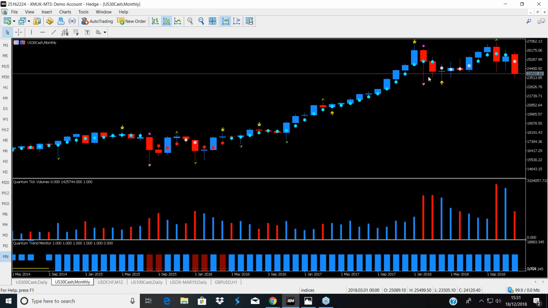But this is the monthly chart. You would expect that. You're not going to get a sudden reversal in days or weeks. And this sideways price action, this range that we're in at the moment, it could actually even continue. And depending on what happens tomorrow with the Fed and whether the Fed are actually going to be, to what